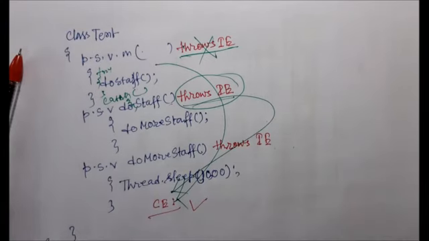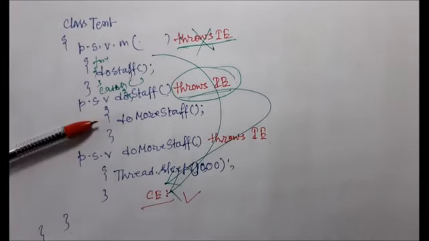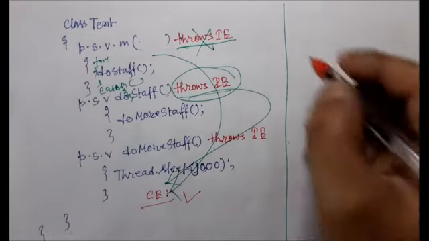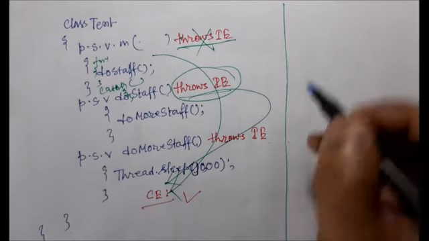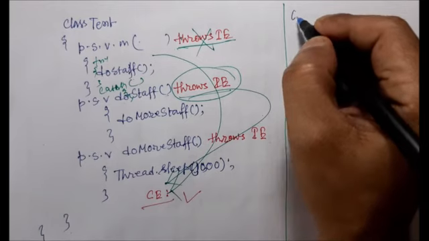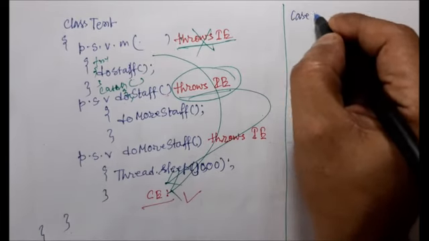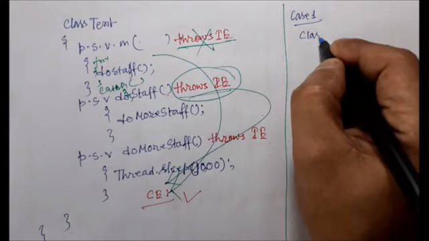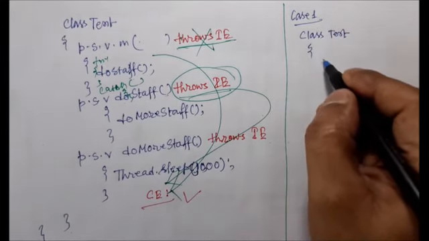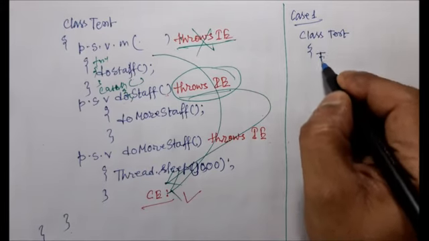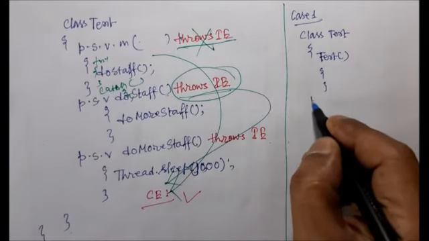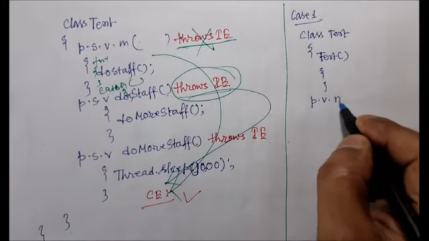Now we are considering some cases about the throws keyword, so that you can get a clear idea. The first case is, suppose I am taking a simple example so that you can get a clear idea about the throws keyword. Suppose I am just taking case 1, where I have written a simple class Test. Within it I have written a constructor and a method, public void m1, where m1 is the method name.